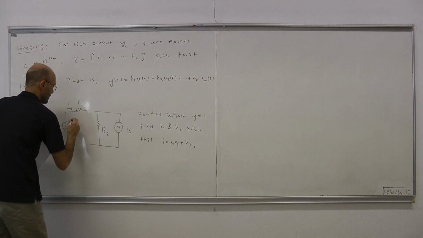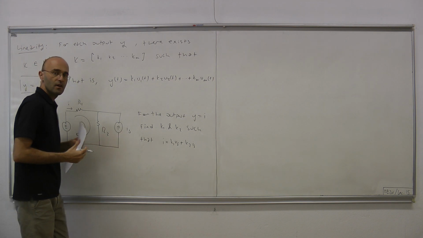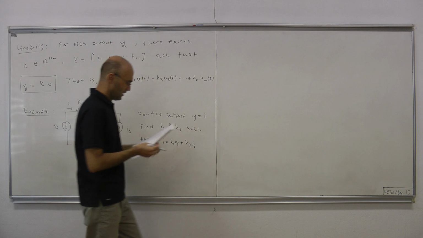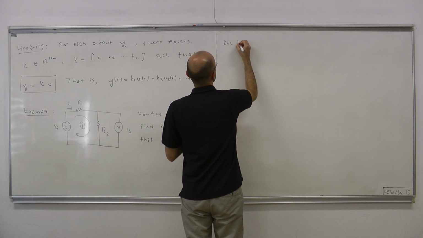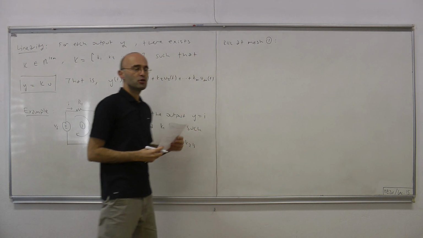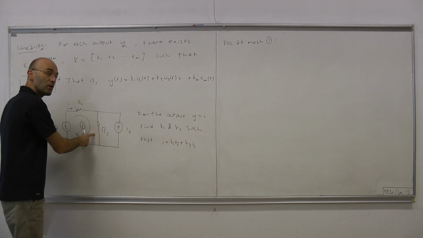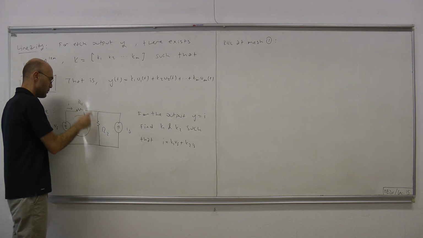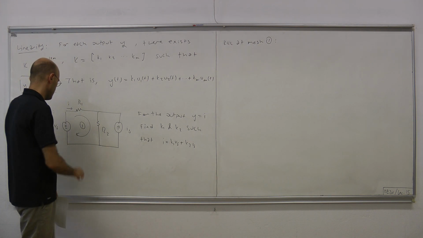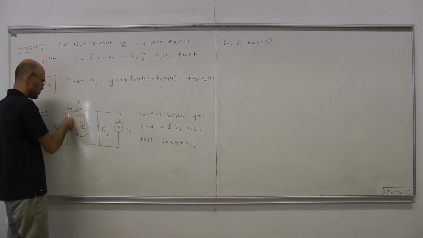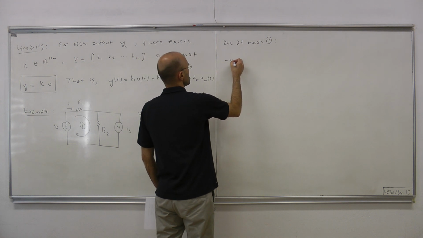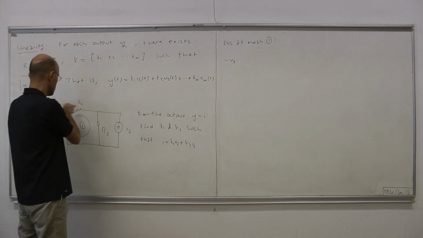So let's write KVL at this mesh here, mesh number 1. Okay. So in mesh 1 we have 3 components. That means we're going to add 3 voltages, and the sum must equal 0. Starting from this one, we're going plus minus, plus minus, plus minus. So the first voltage is minus Vs, and then the second voltage is